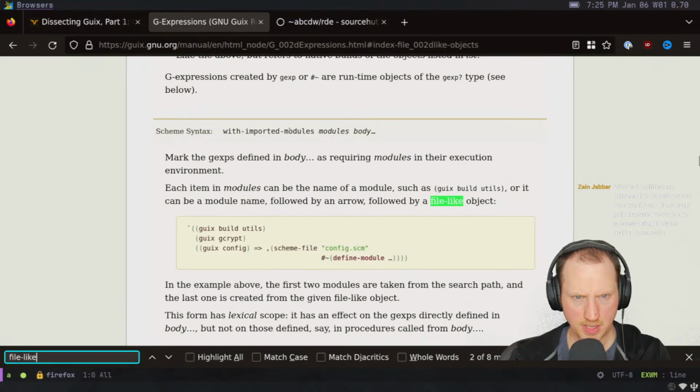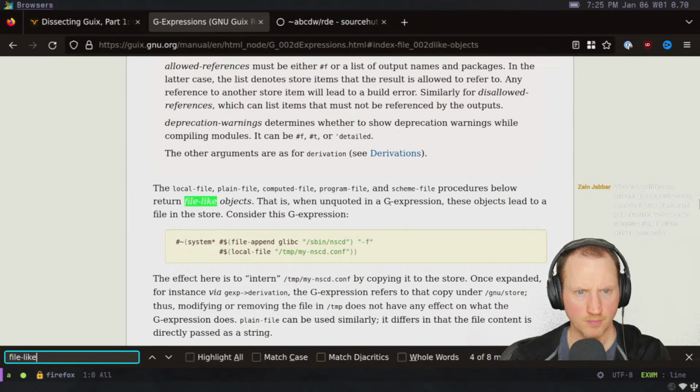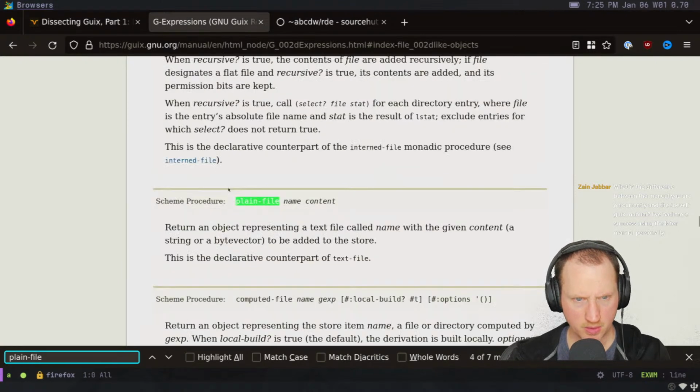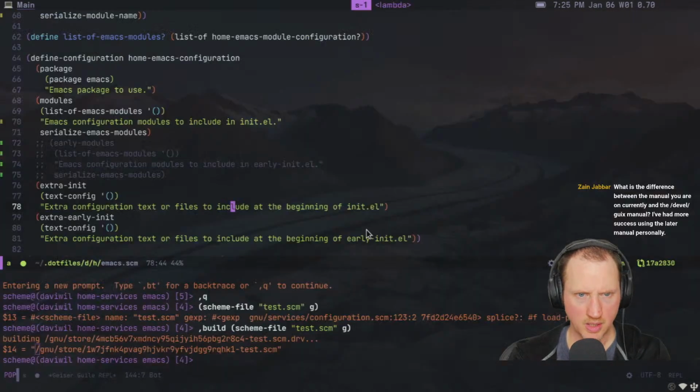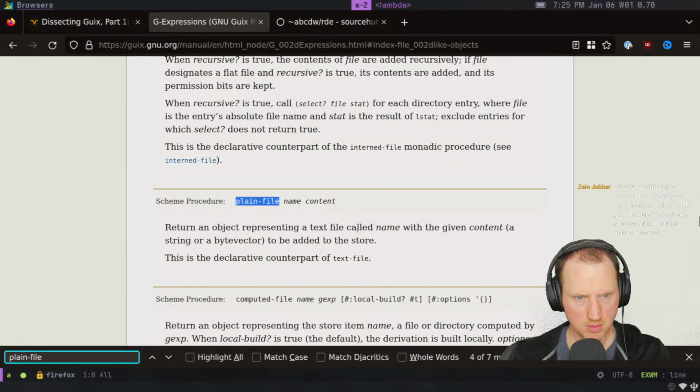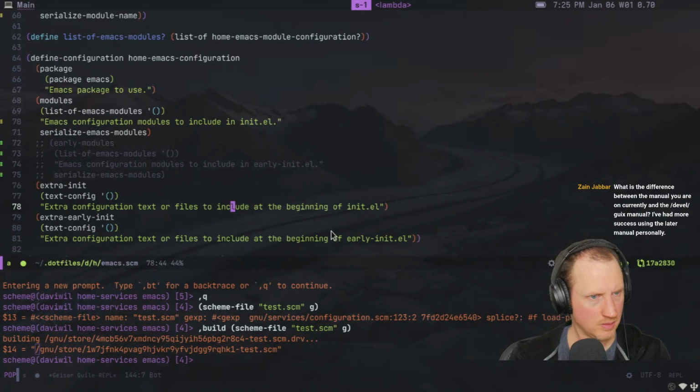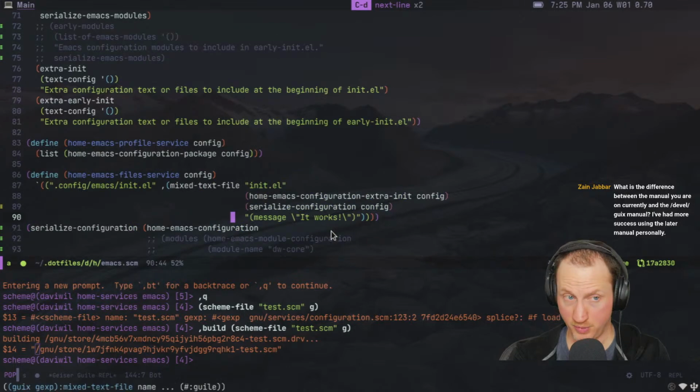With imported modules, or it can be a module name followed by an arrow followed by a file like object. That's interesting. Yeah, here's where we started. So plain file name content, returning an object representing a text file called name with the given content, a string or byte vector to be added to the store. Well, let's try that. Not exactly what I want to put in there, but